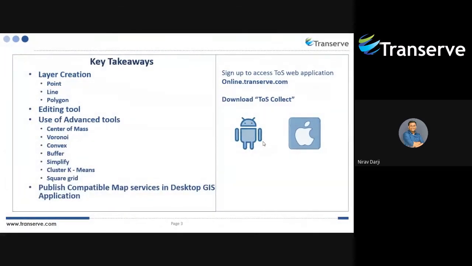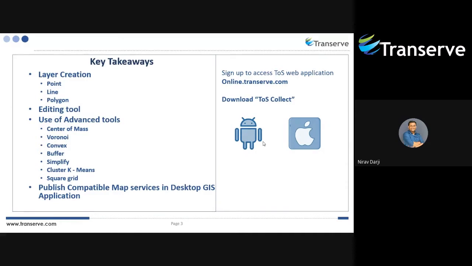Coming back to the points, today's webinar would be how to create layers, how to use edit tools on Transurf Online Stack, and how to use some advanced tools, say for example, center of mass, Voronoi, convex, buffer, simplify, to cluster, k-means, square grid.